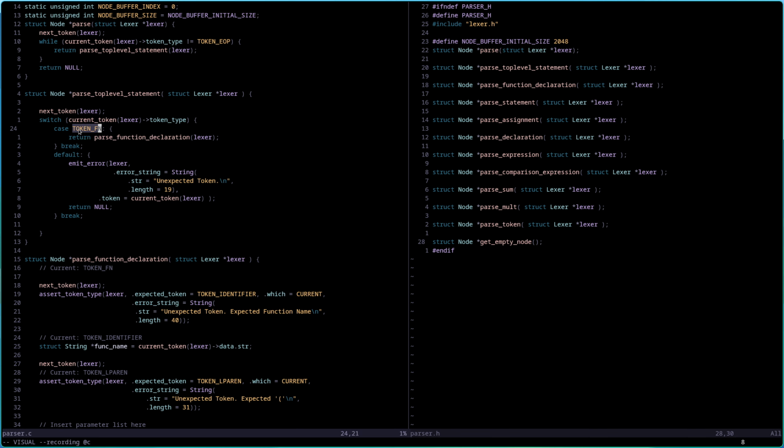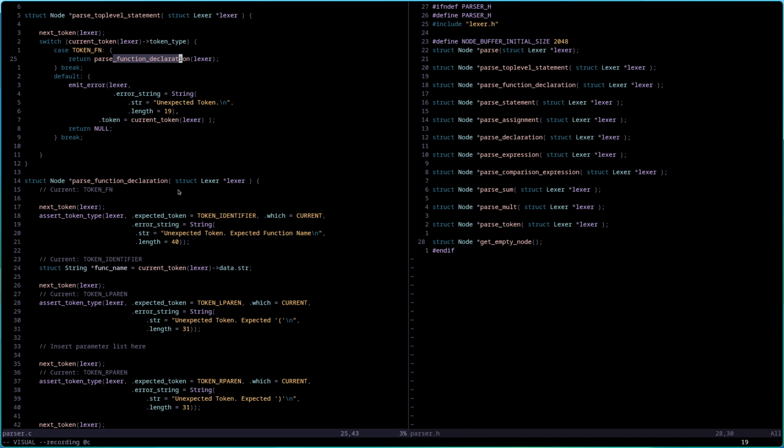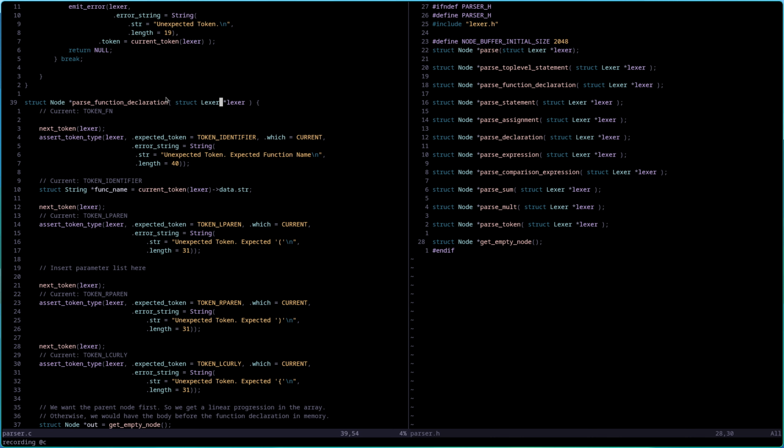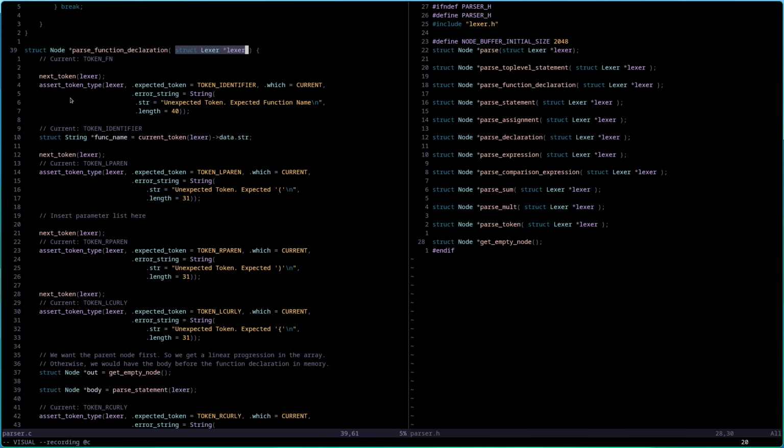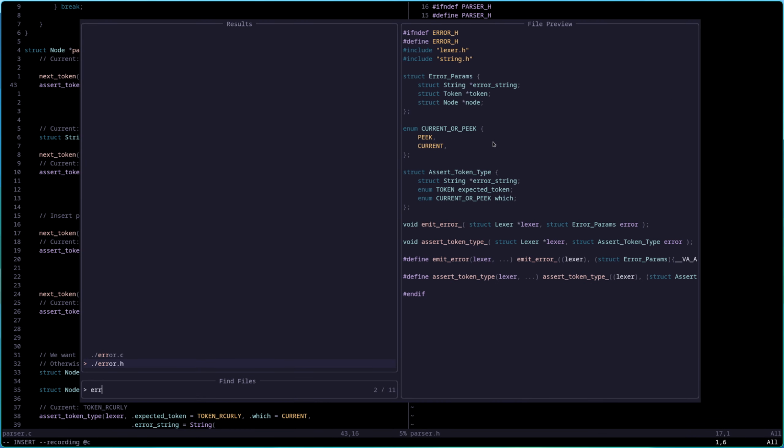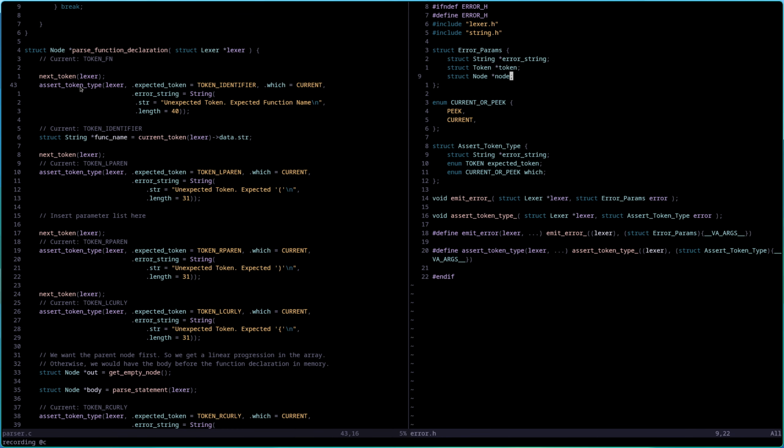You can have a function declaration, maybe some global variables. That could be nice. So let statements. So top level stuff, and then you can parse a declaration. If you find a fn, then that's a function declaration. And then we go into here, and you can see I pass the struct parameter all the time. And then you just call next token, and then this is my way of error handling. It's an assertion. It's defined in this assert token type.